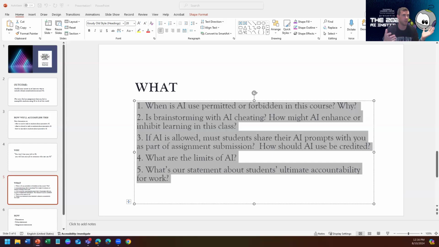So if you're a security specialist, if you're teaching network security, then how is that going to work as compared to somebody who is teaching welding or something like that.